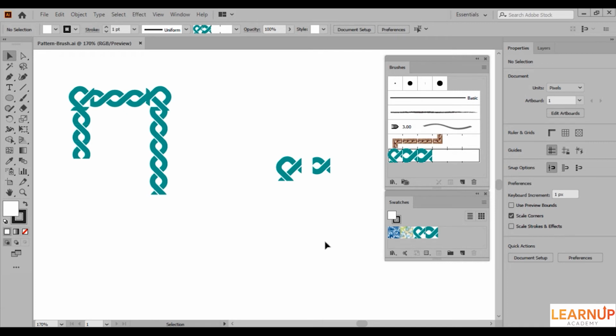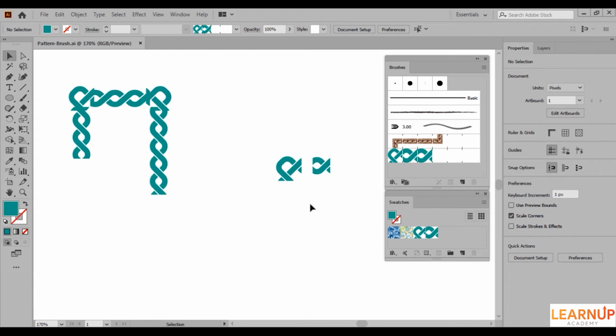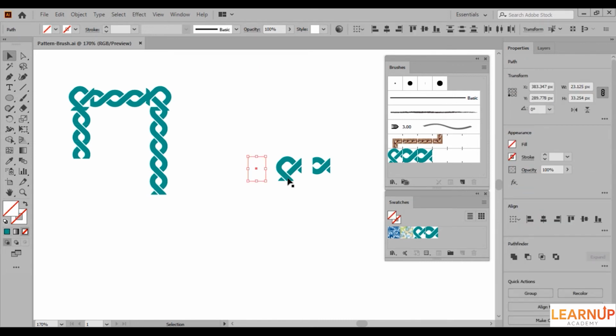Now to fix the brush, all we need to do is match the height of both the tiles. Now we cannot scale the side tile to make it the size of the corner tile for obvious reasons. So we will create a rectangle of the same height as our corner tile and align it with the side tile. That would fix the problem. I have already set up a box of the same height as this tile, and to make it invisible in the brush, I have set its fill and stroke attributes to none.